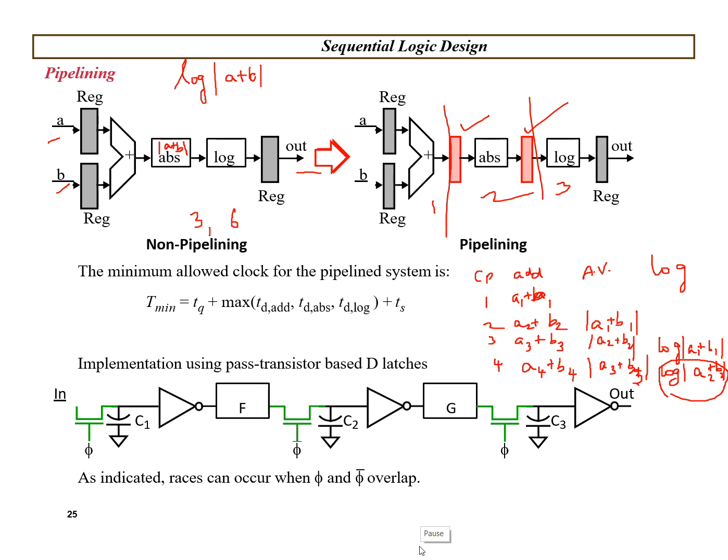In the same way, we can design pass transistor based D-latches where this pipelining concept can be implemented. This can be divided into 2 stages, or we can divide it into 3 stages. Based on the requirement, the necessary registers can be added between the stages, and then we can make it a pipelining architecture. That's it.